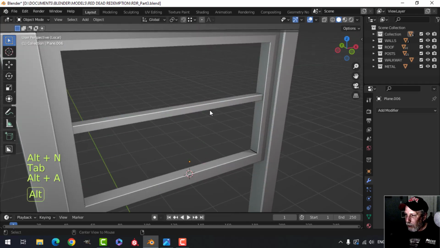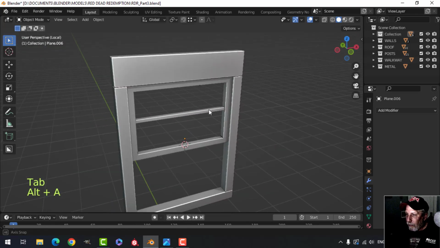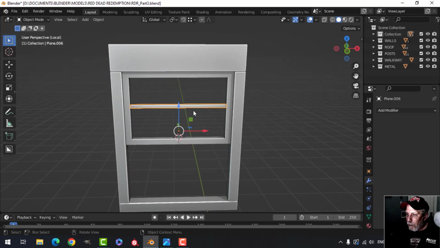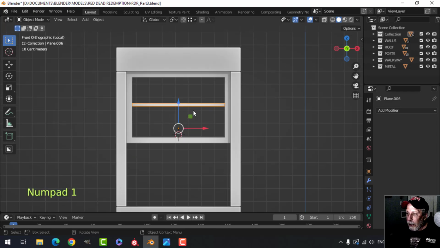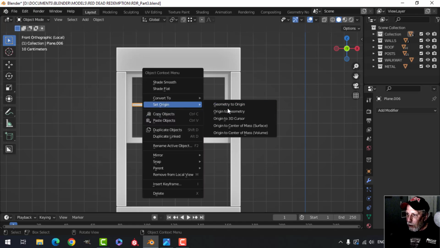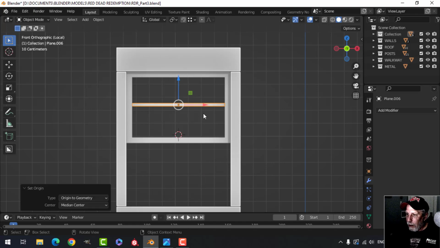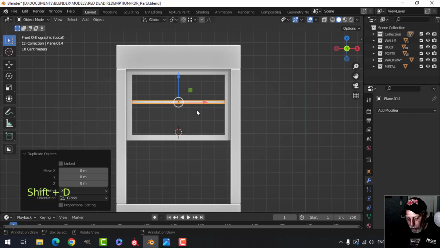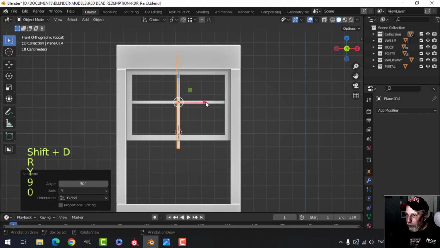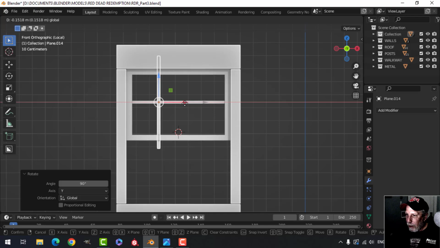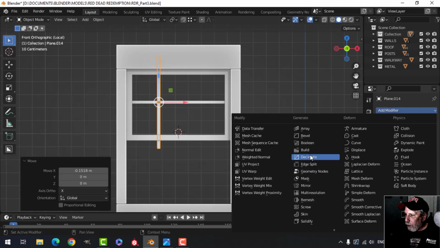Yeah, okay, that's better. If I take this piece and set the origin to geometry, so my gizmo's right in the middle of that. Shift D and rotate Y 90. If I do that and pull it over to here, and then add a mirror to that,